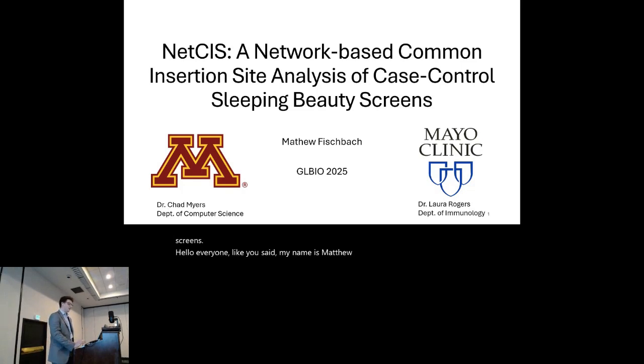I'm a PhD candidate in Dr. Chad Meyer's lab here at U of M. And today I'm going to be showing you work that I've done as a visiting graduate scholar at the Mayo Clinic in Rochester, Minnesota, in the lab of Dr. Laura Rogers. In this work, NetCIS is a network-based common insertion site analysis for case control Sleeping Beauty forward genetic